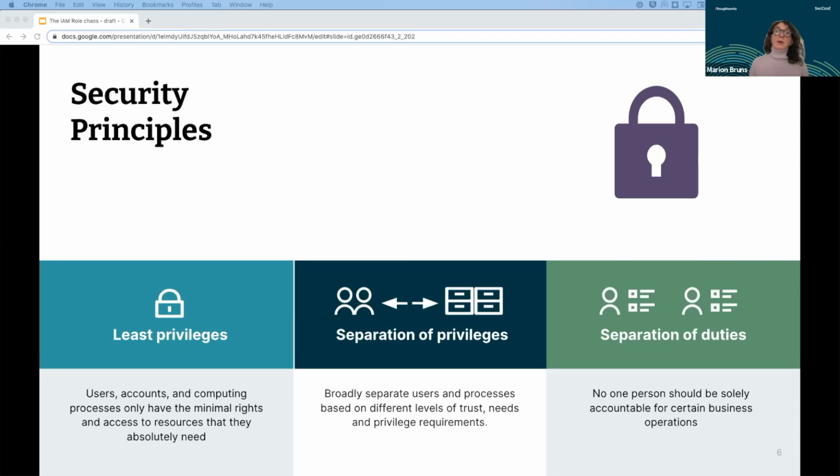Instead of that, we would rather like to separate. We would like to have, for instance, an administrator who may create a user or a role, but can't do anything else. And then there is a user who has that role and may then access a specific resource.